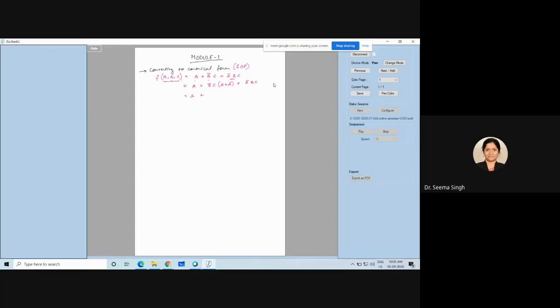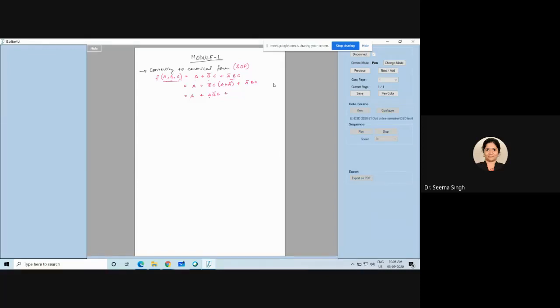Now when I write, please write A to the first only: A, B bar, C. Do not write it as B bar, C, A. You will know why. I will tell you now only. But let us complete it first. So A should come in the right position. Do not write B bar, C, A. It will change the meaning.